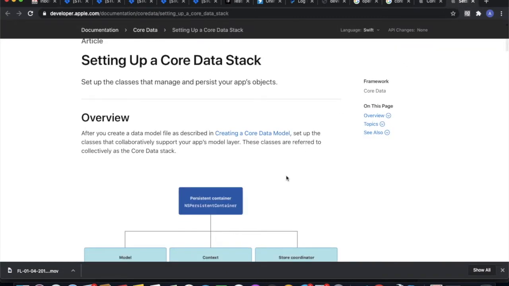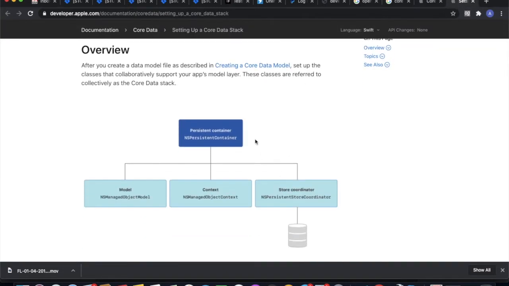Firstly, setting up a Core Data stack. What is a Core Data stack? Core Data has firstly a persistent container, basically the container which contains all the data. Say I am saving some data, I want to save some data in the database. So the persistent store just saves this database in the container, and it will take all the requests in the container, and when it gets time, asynchronously, it does all that saving and deleting, all the functionality in the database, in the background.